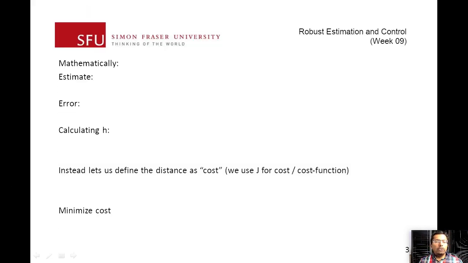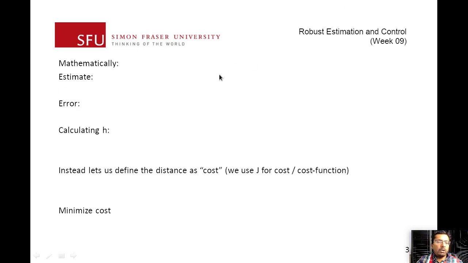So let's look mathematically at what we're actually doing. Generally, we already know the equation, right? We have the equation y equals h times x. What we're doing is estimating the value of h. Since I don't know the value of h, I'm going to make a guess, and I'm going to use h hat as my best estimate for the value of h.